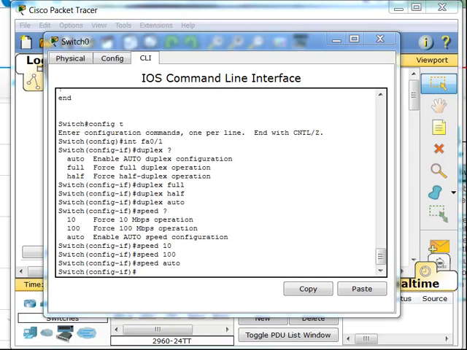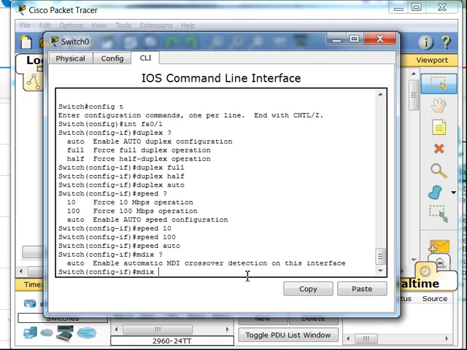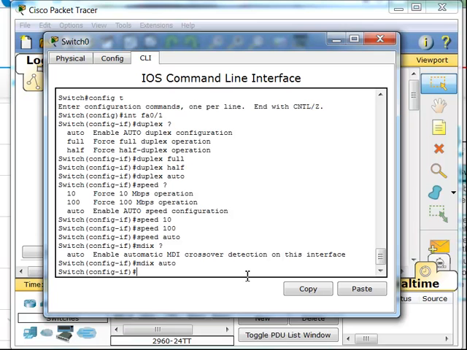So for that, it's the MDIX command. MDIX, hit my question mark here, I only have the one option, and that is auto. So 3 different commands here we went through in this video. The duplex, where you can set it to full or half. The speed, where you can set it to 10, 100, or maybe 1,000 if it's a gigabit per second connection. And then the MDIX. And all of those have an auto setting, which it's set to by default to automatically